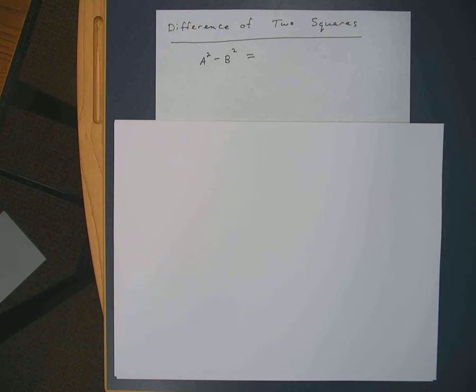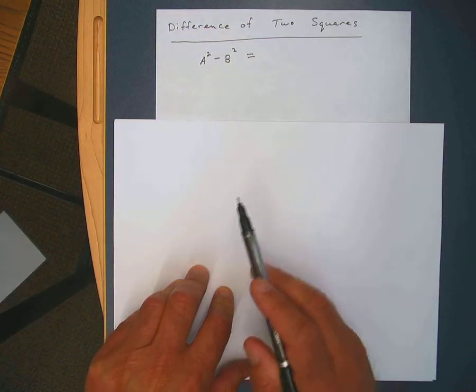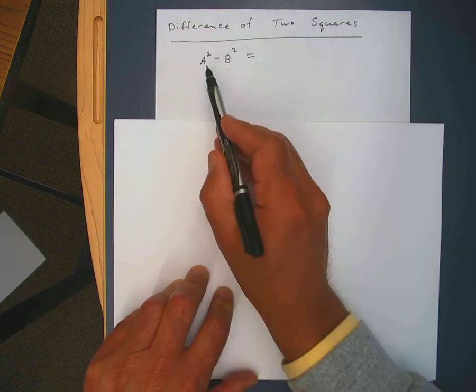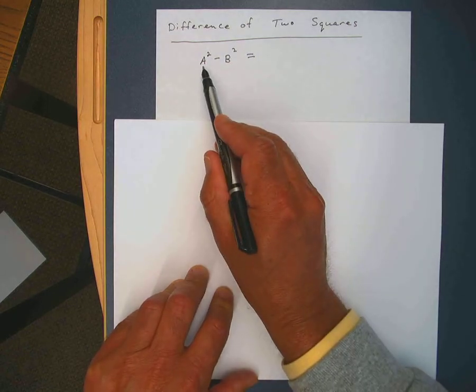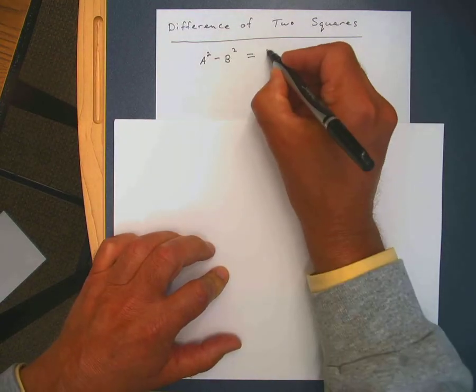Okay, the next couple examples I want to go over involve factoring binomials. And we're going to use patterns for those. The first pattern you need to look for is one called the difference of two squares. And here's the pattern. If you have something squared minus something else squared, it can actually be factored as one